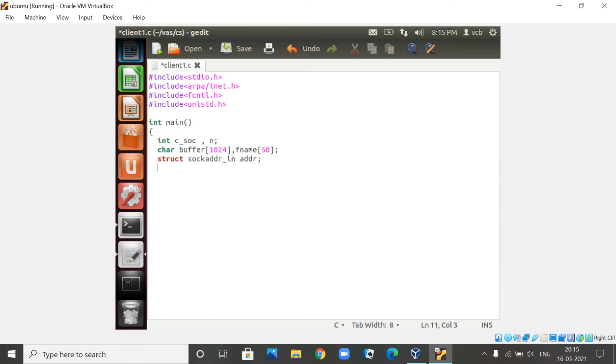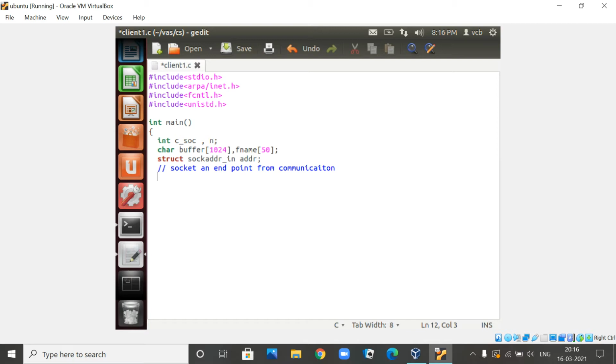Why this particular structure is being used, you will come to know that. Now this is a built-in structure which defines various member functions which we are going to define later. Next, now what we are going to do is create a socket, or we can say socket creation. Why are we going to create a socket? Now socket acts as an end point, it is going to act as an end point for the communication.